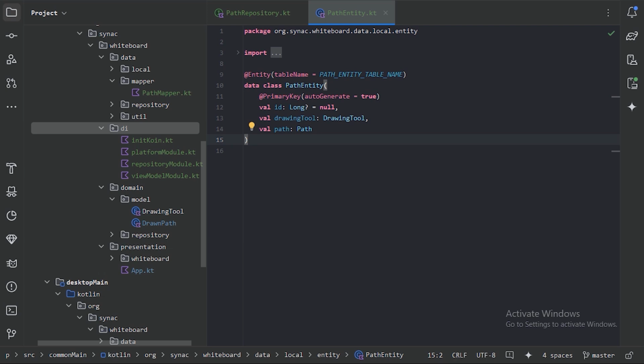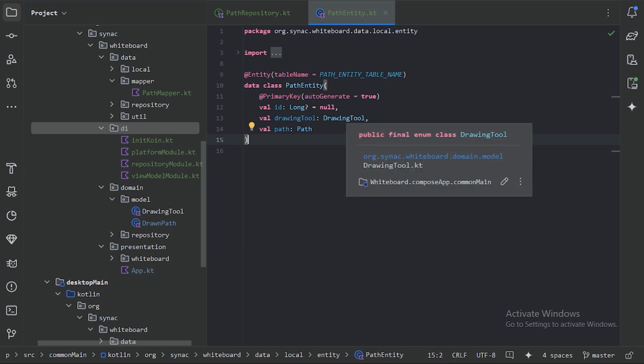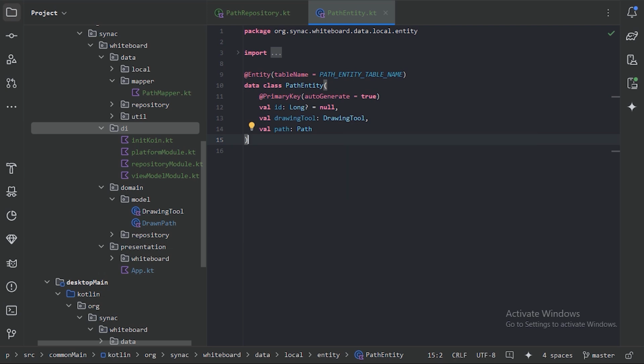Rather we can keep simple data like strings, boolean, long, these values, but whole object we cannot save. But you might say, why are we able to save this drawing tool enum class into that simple table? Here the reason is that Room library will convert that drawing tool enum class into simple string values with a converter function. And we can check this by pressing Ctrl B on this drawing tool,